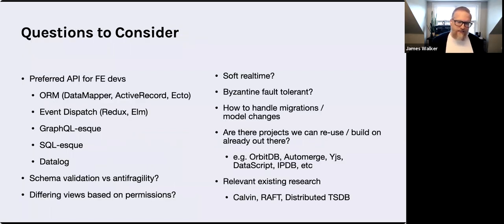So to frame the discussion here, we put together a quick list. Again, this is by no means extensive. We're looking to the members of this call to add additional things, but for the sake of getting the conversation started,